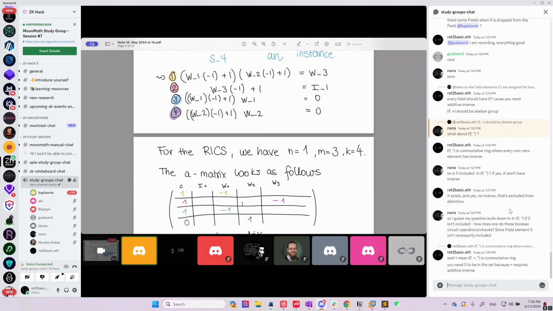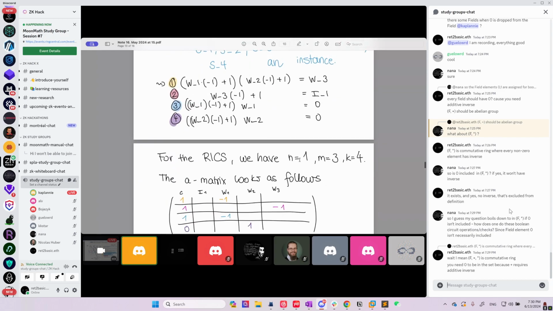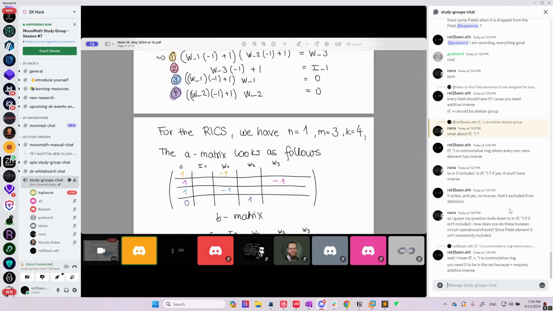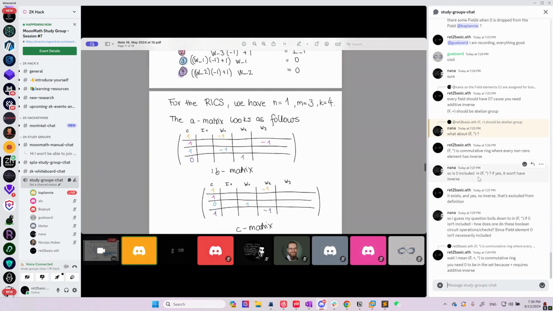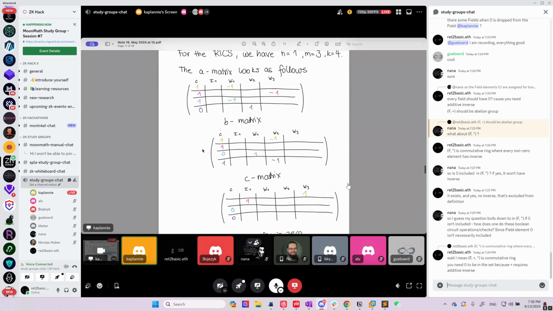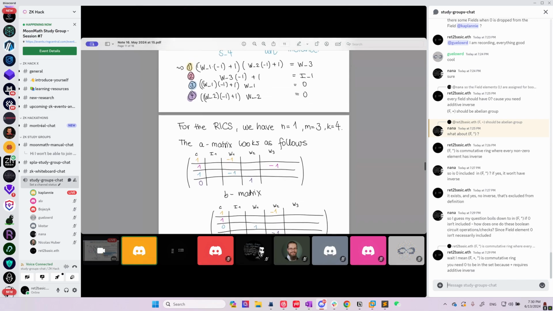Okay, and from the R1CS, we have 1 instance value, 3 witness values, and 4 constraints. And I just wrote down the A, B, and C matrices here. So maybe look at it together. So for the first constraint,